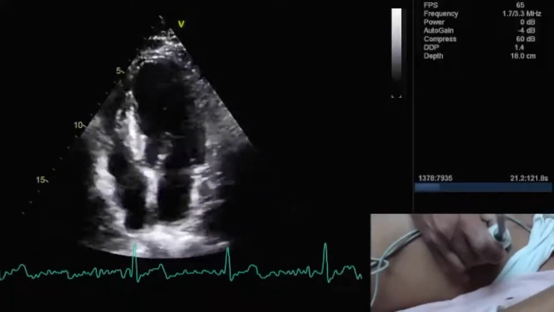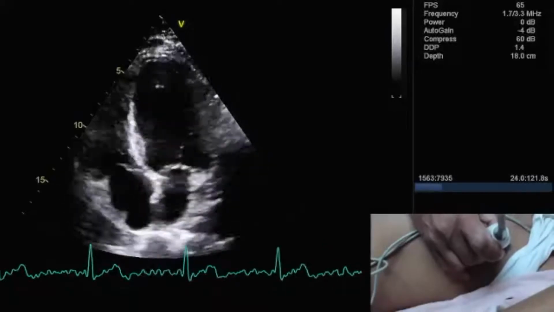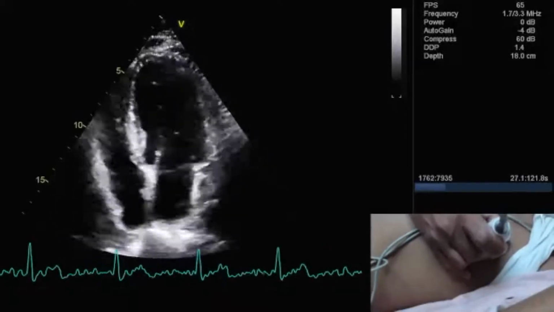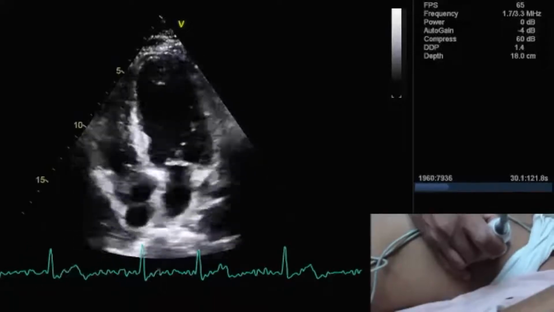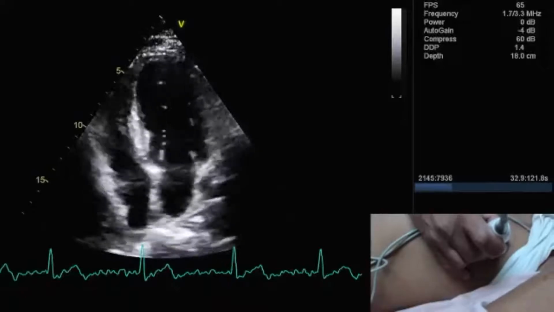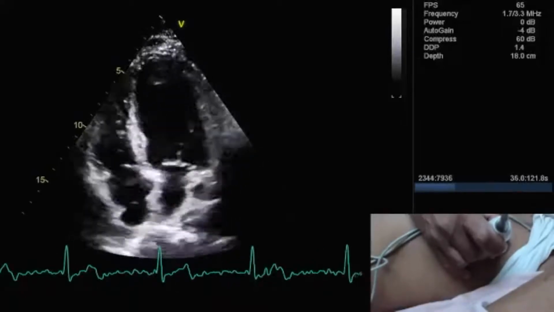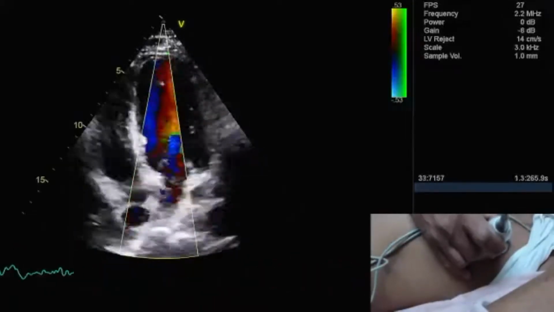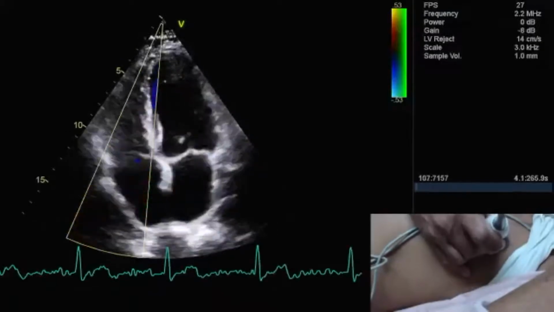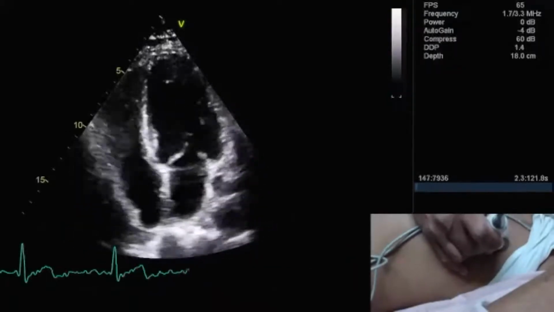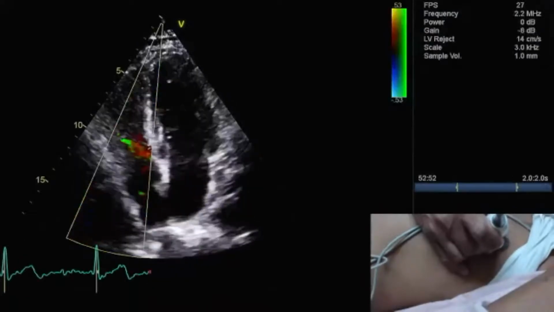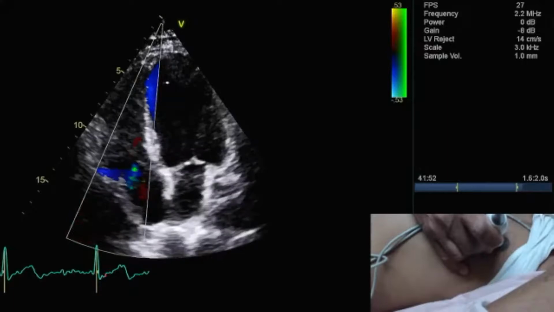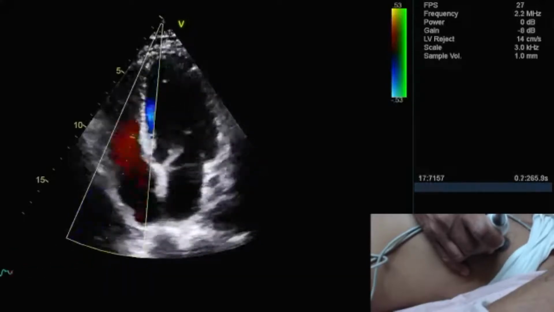So, sir, can we comment on regurgitation while seeing pulse wave or color flow? Because in some echo machines, the color flow is not so good. So can we comment on pulse wave basis? On pulse wave basis, we can comment on regurgitations, but for mitral, we do not consider mitral regurgitation. For regurgitation of the tricuspid valve, now I am focusing on the tricuspid valve. Yes, sir. Now look at the regurgitation of the tricuspid. This is color flow mapping. It is small or trivial, mild or small, but the velocity to be measured is in the tricuspid valve.